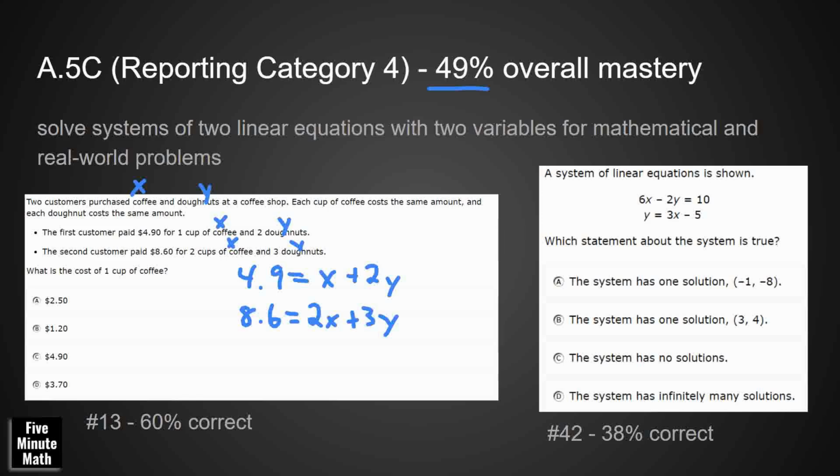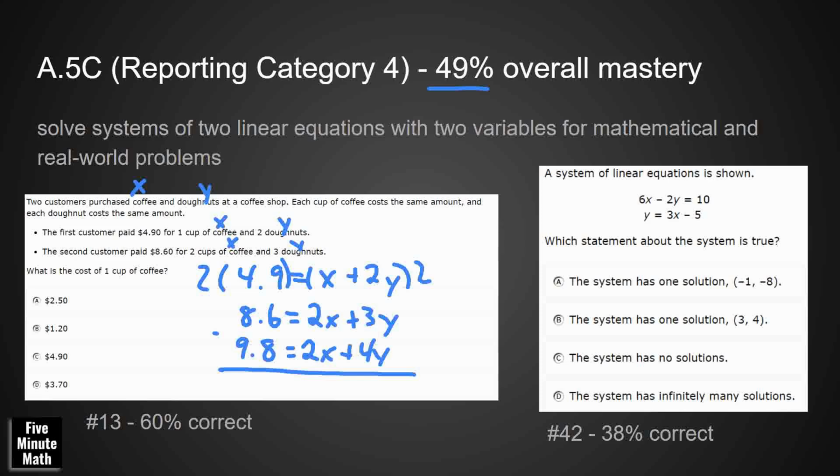So what I want to do is I just want to double everything up top. Okay, and that's not squared. That's just multiplying by 2. So what I'm going to end up doing is I'm going to get 9.8 equals 2x plus 4y. Let's just subtract. All right, and so what are we going to get there? Well, we're going to end up with negatives, but that's fine because we'll end up with a negative on the left, and we're going to end up with a negative on the right,